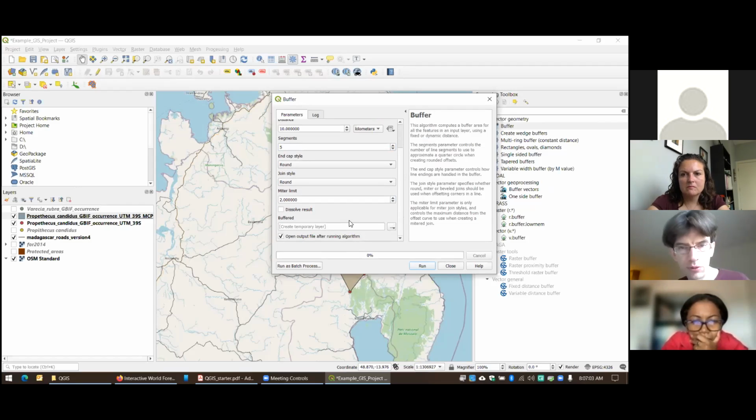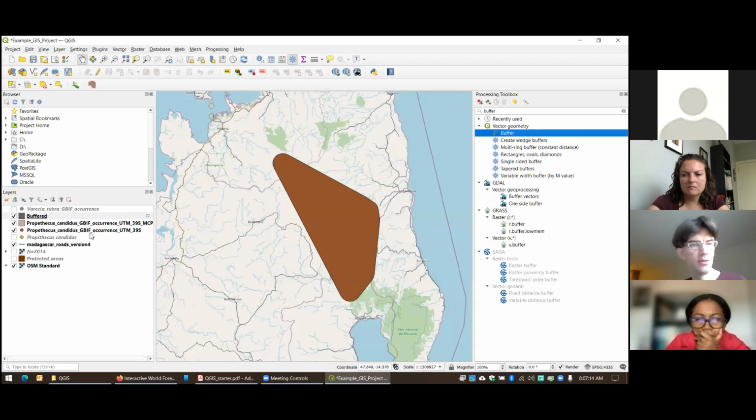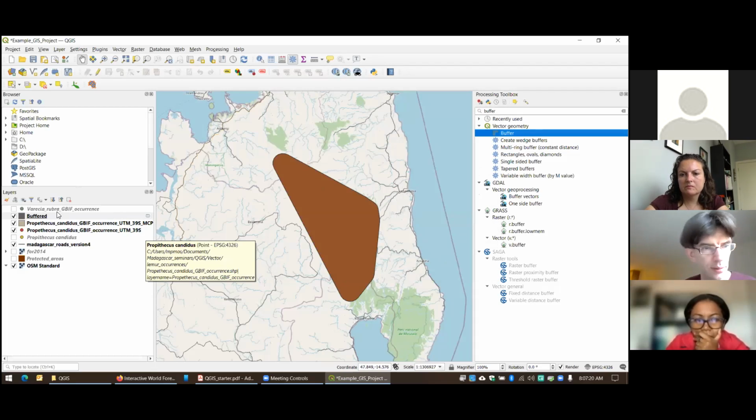It's not, and so I'm just going to go ahead and run this as a temporary layer, so that way you guys can get a sense of what it looks like. So I went ahead and ran that. And so now you can see, I'm going to go ahead and move my